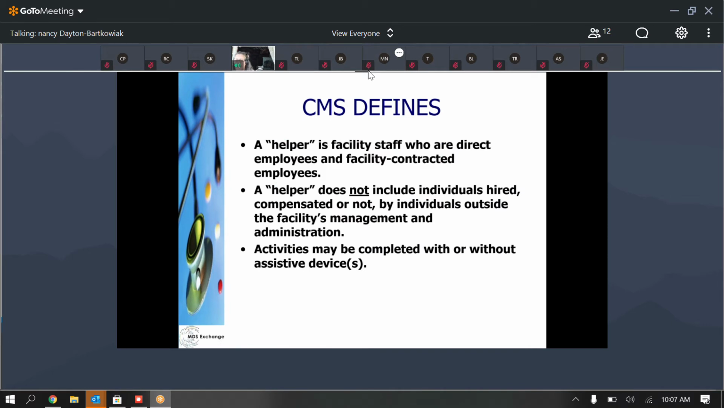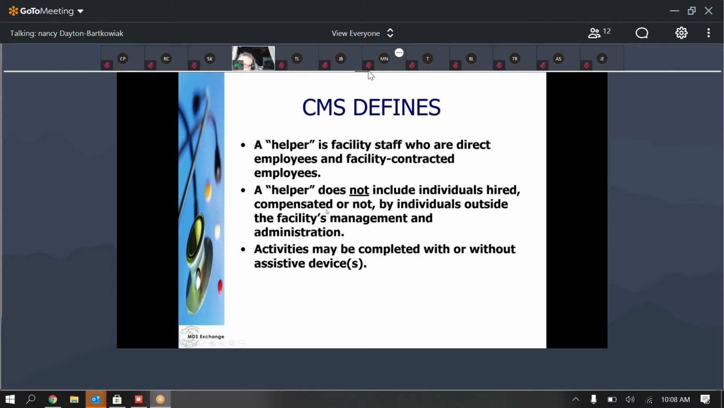Now, CMS defines a helper as somebody who is facility staff, who are direct employees and facility contracted employees. A helper does not include individuals hired, compensated or not, by individuals outside the facility's management and administration. Activities may be completed with or without assistive devices. So going back to facility staff,